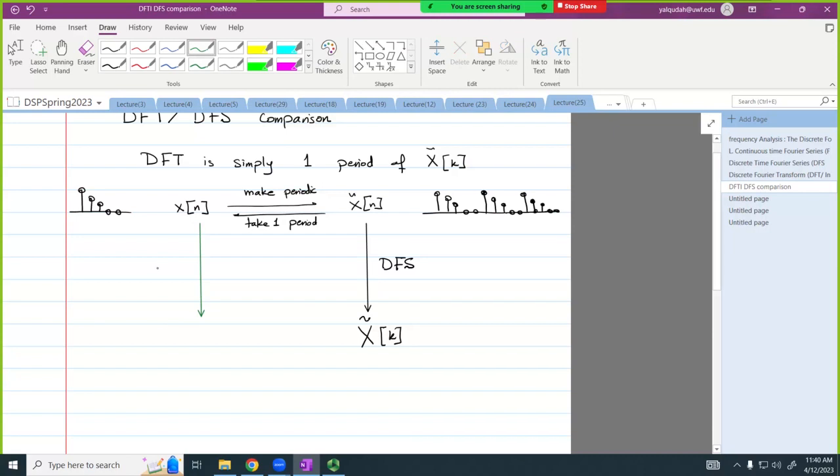Now if I take the discrete Fourier transform of x of n, I'm going to get X of k. And if I make X of k periodic, then I'm going to get X tilde of k. And if I take X tilde of k and take one period,